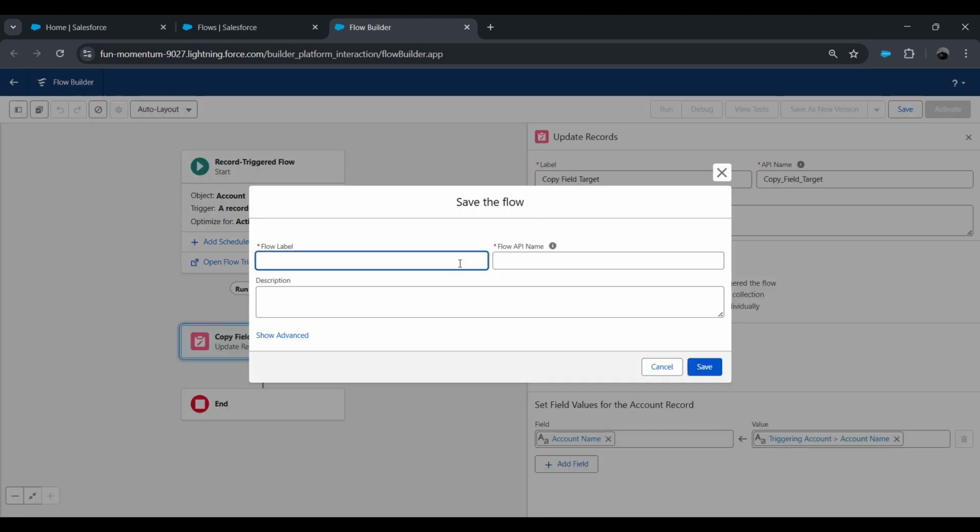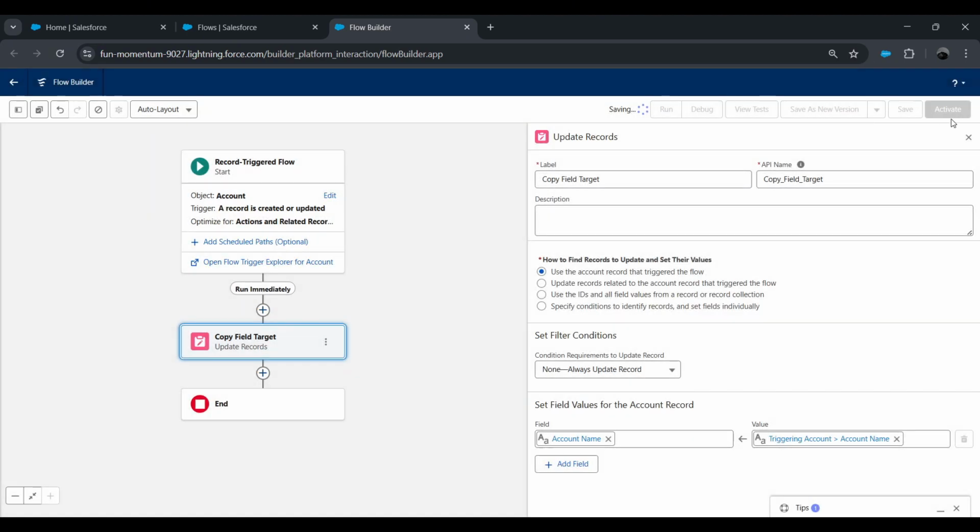Click Save, then enter Copy Account field as your flow label and click Save again. Finally, click Activate to turn on your flow. Your automation is now live and will automatically copy values from one field to another whenever an account record is created or